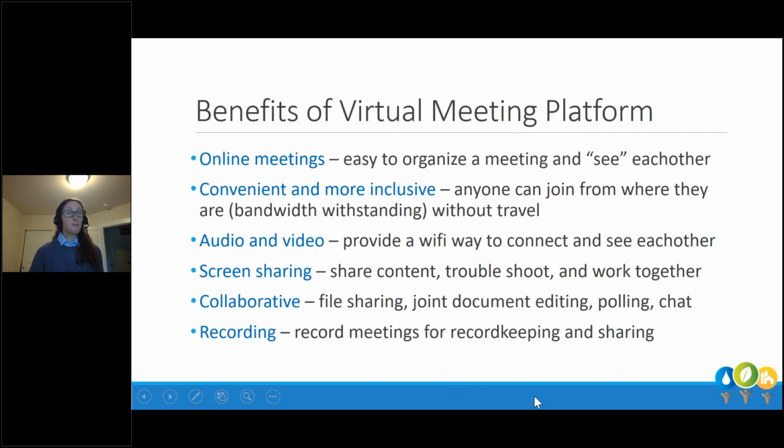So let's start with some of the benefits. And then we're going to talk about some of the challenges, but some of the benefits are pretty obvious, and some of them maybe not so much. So obviously with online meetings, it's easy to see each other right now, right? I may not be able to see all of you, but you can see me. If this was a virtual meeting versus a webinar, we'd all be able to see each other. Weirdly enough, there are a lot of benefits to that psychologically, productively. Just being able to connect with people, even in this virtual platform, really does maintain and establish relationships.